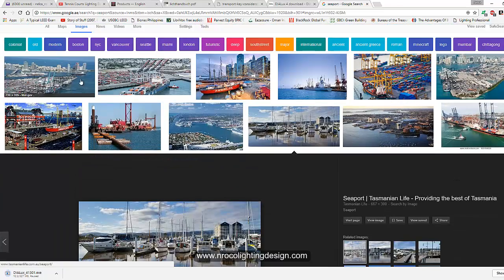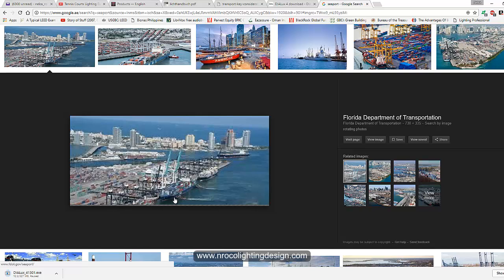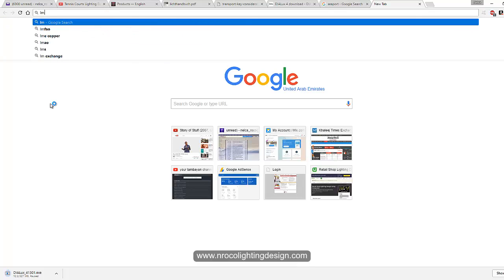That means your luminaire must be LM6. It's a code for a treatment for your luminaire to resist the saltiness in the area. Let's see what LM6 is.